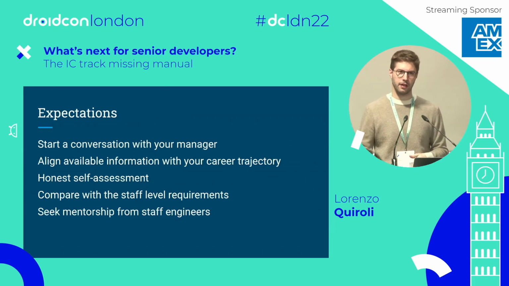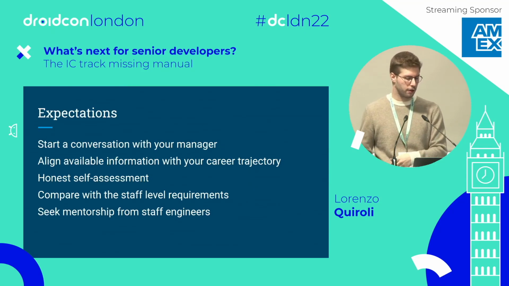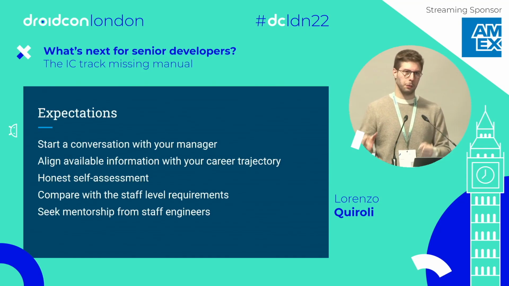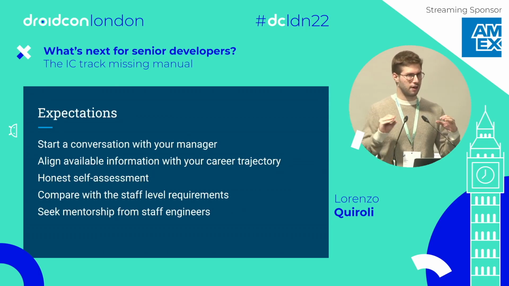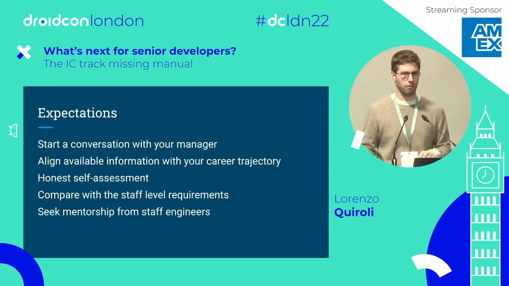Finally, understand the expectations in your company for a staff level engineer. You want to understand from job postings what being a staff engineer means for the company, from the tech ladder, and from people by talking with them. So if there are other staff engineers in the company, talk with them, ask them their own opinion. If there are no staff engineers in the company, you can get mentoring from outside the company. There's a bunch of websites where they offer mentoring. Some of them you have to pay. Again, if you have a learning budget, spend it. Others are even free, I believe.